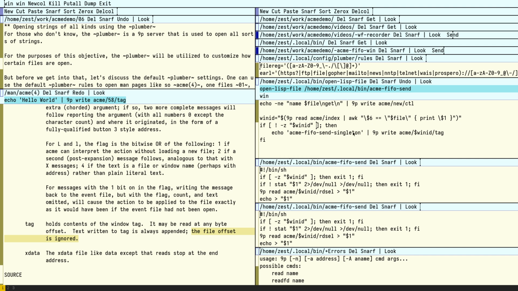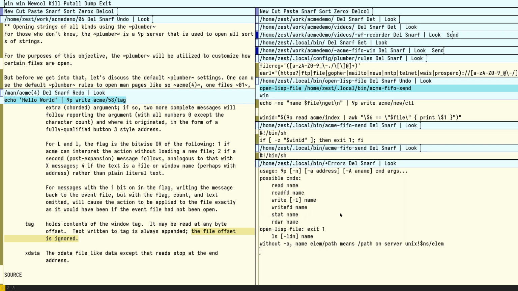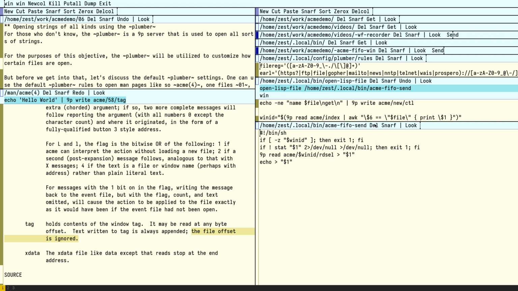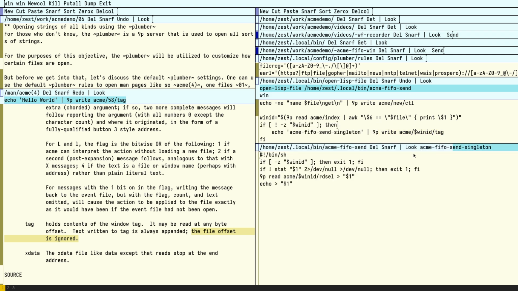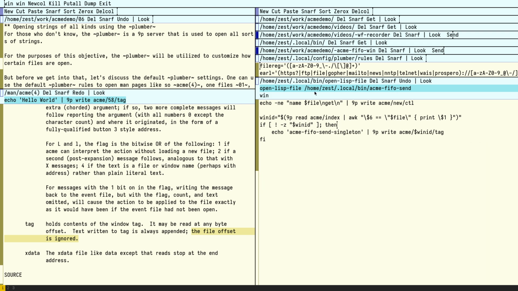What again? So echo this and then to WinID tag. I'm guessing there's an issue with the name. Oh, okay, finally, it works. Oh, it was because we had two files at the same time. So acme FIFO send singleton. Okay, so that's good. So now if I do something similar for temp